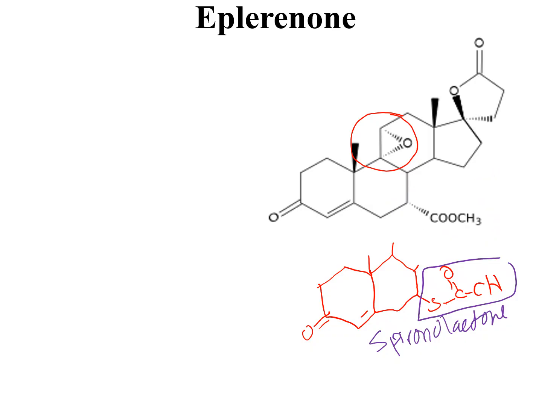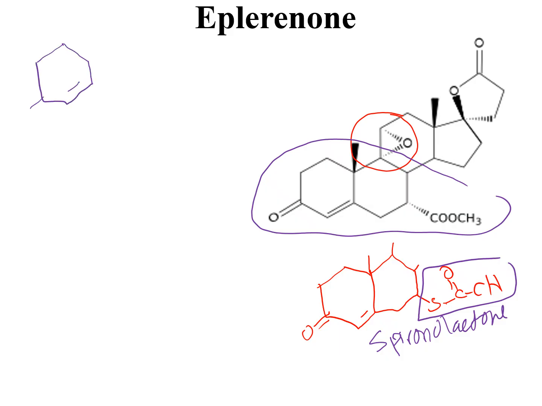Whereas when I look at the structure for eplerenone, if I draw it another way, I'll draw these rings on this side only for comparison. You will see it has a carboxylic acid like structure. It's an ester of course. It's in an ester form, right? In spironolactone, the sulfur here is what we call the thioester. This is the thioester moiety in the structure.